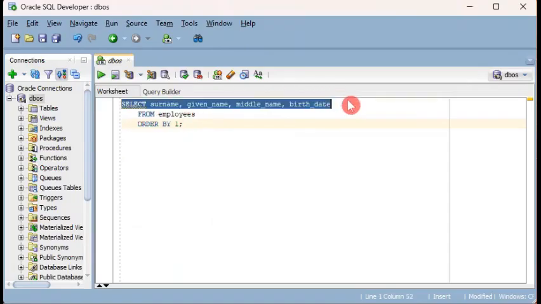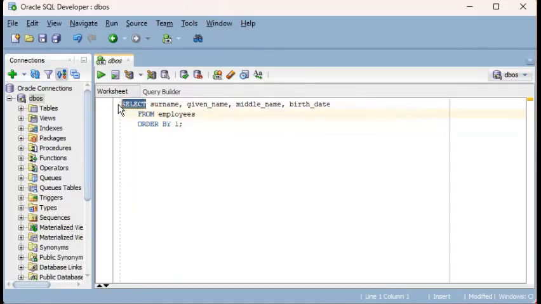This is called the select list. You have the select keyword there, followed by column names. This is a select list. So meaning ordinal number, the order in which the column is appearing in the select list. So in this case, surname is the first to appear, followed by this is number 2 or second, third, and